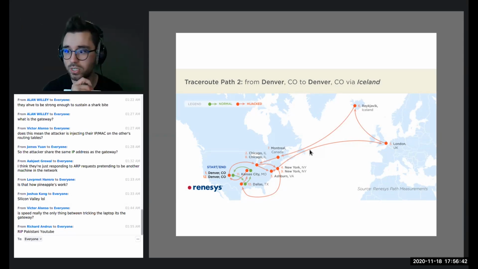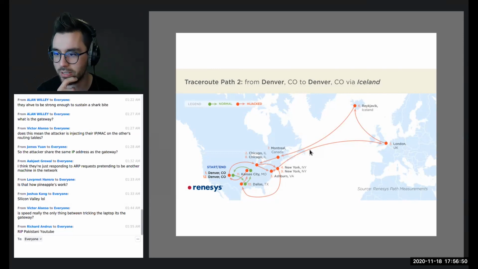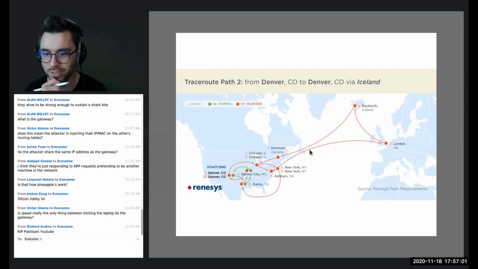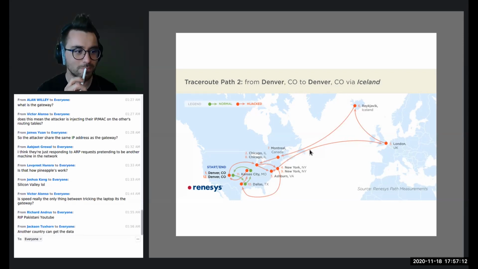Now, why is that actually super scary when we have these kinds of entries in the BGP routing tables? There's no way that this is actually going to be faster unless there are serious network outages somewhere in the North American continent. But with a skeptical hat on, why might it be interesting for somebody to route traffic from major U.S. cities to outside of U.S. cities and then back? Well, okay, those countries can get the data, right? Exactly. What else?